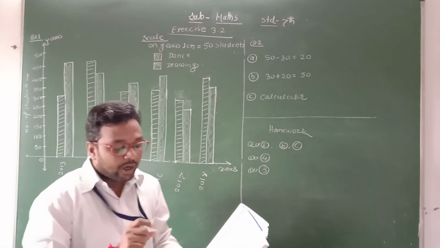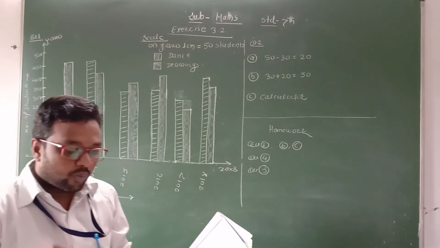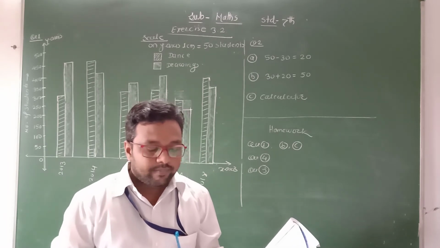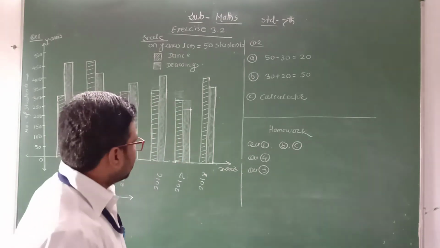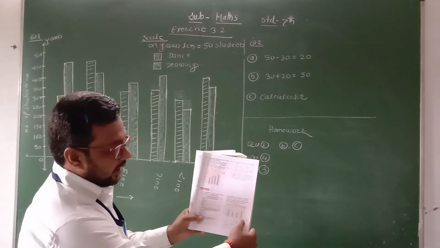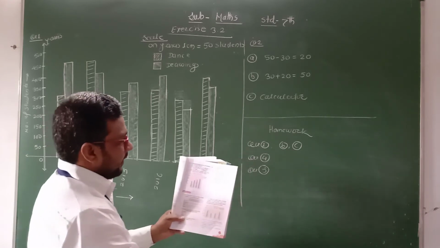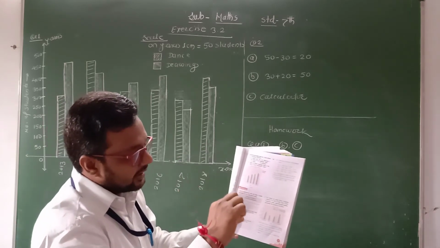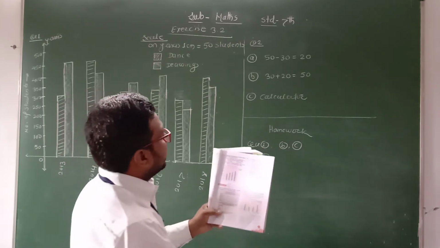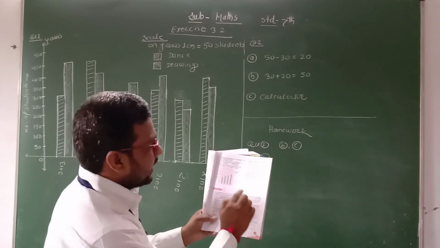Okay. Now see how to read the double bar graph. First question is given: by what number did the sales of DVD player drop since the first week? Now where is the DVD player? DVD player bars are given here. Okay. Now the first bar is given, its height is up to 50. Clear? And the second bar, given for the second week, is 25. Then it is between 20 and 40, it means it is 30.